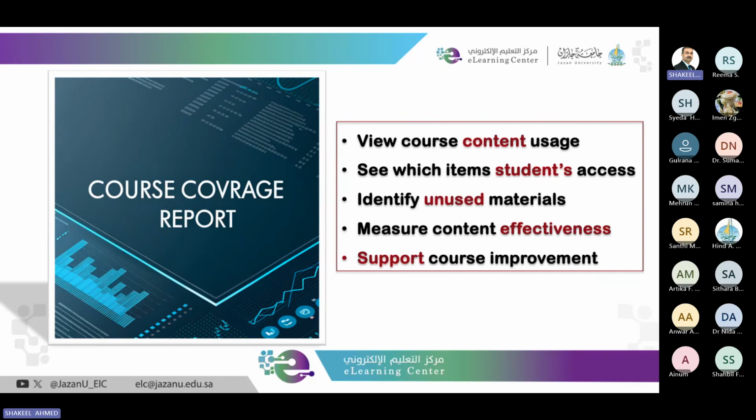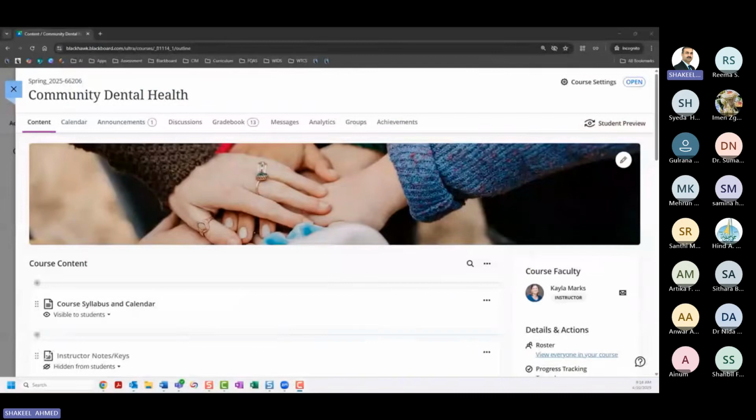This is really important, because everything is managed by AI-based tracking systems behind the scenes in the system. Once students are navigating some parts of the course content and not others, you will get the idea of which part of the content is less useful for the students, so you can replace it with more useful content inside your content area.